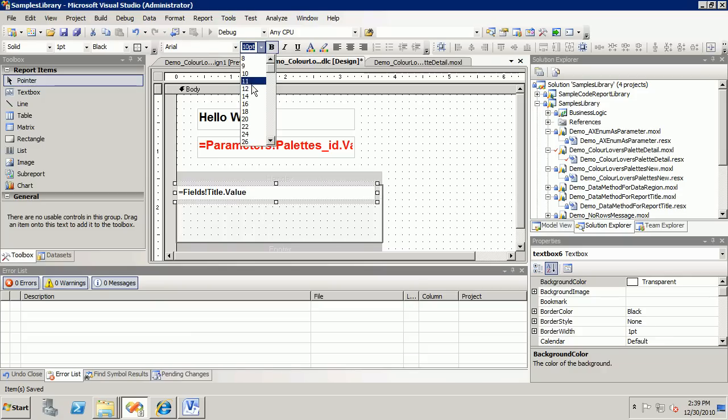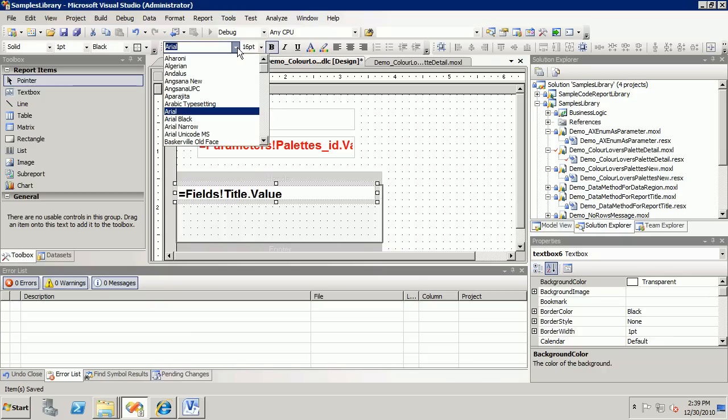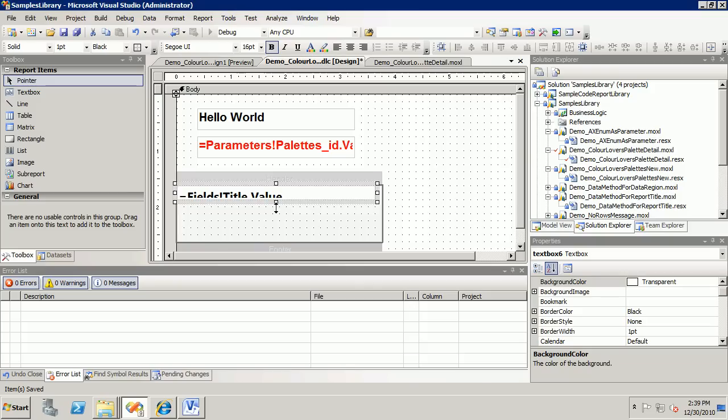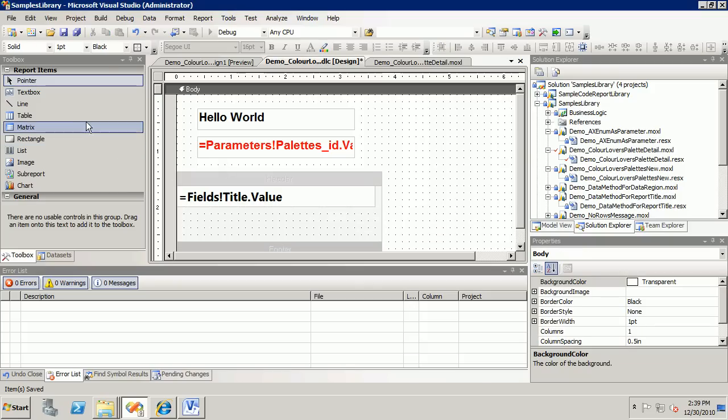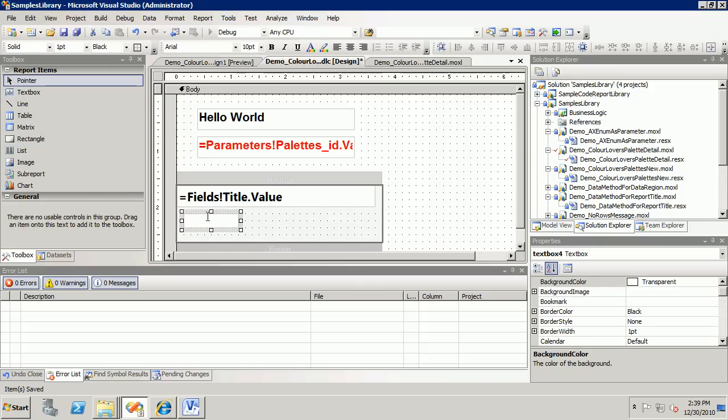We're going to make the size 16 point, and I'll use my favorite font, Segoe UI. And why not use, yeah, I'll just leave it there. Keep it bold. Okay, and then now I'm going to drag in another text box below here, and I'll align it left, give it similar width,